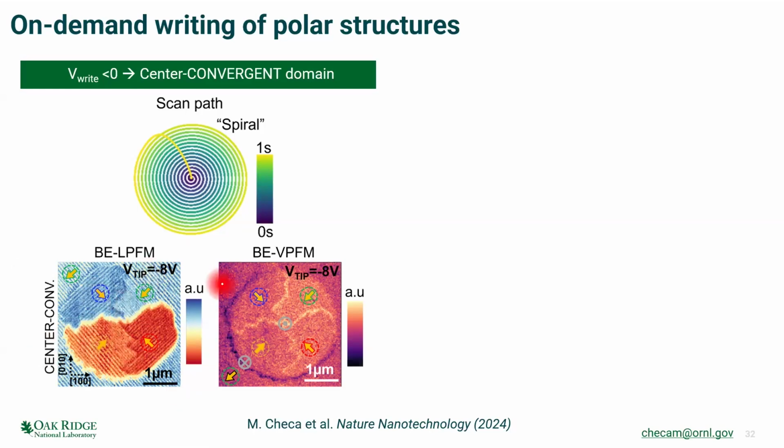This is in the lateral case, and then in the vertical case, we see that the boundaries between those quadrants light up, the same as this boundary here, which is particularly where we have the head-to-head and tail-to-tail superdomain boundaries, right? So we hypothesize that as we generate those charged domain boundaries, the polarization rotates towards the Z direction, right? So we have some sort of center-convergent structure in which, at those frustrated or highly charged superdomain boundaries, the polarization goes either up or